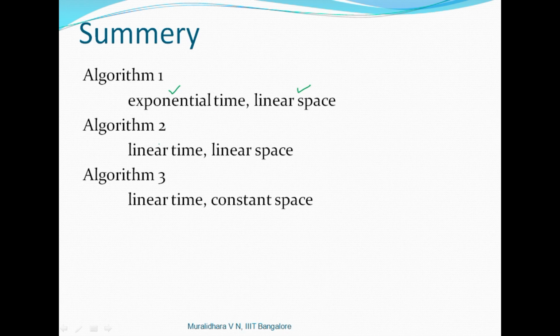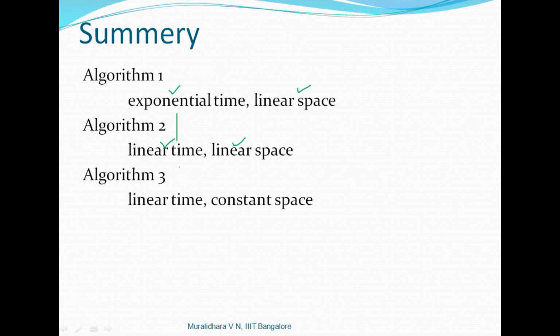Then we designed another algorithm which was basically storing all the previous values. This took linear time, but since it stored all the previous values, it also took a linear amount of space. So using the second algorithm, we could compute f of n for n equal to 10 to the power 6, but it could not go beyond 10 to the power 6 because the space became an issue. So the exponential time was made linear, but the space constraint remained the same.